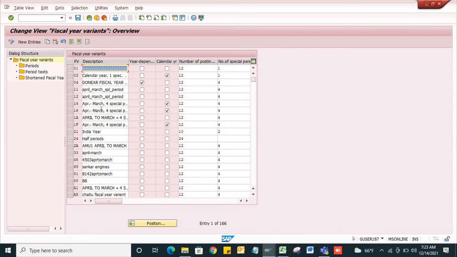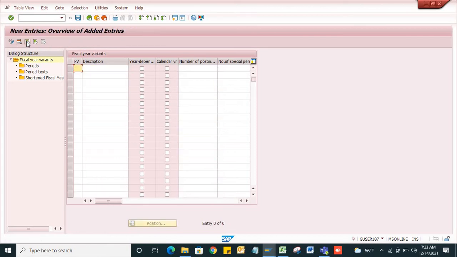See here, I am going to enter my fiscal year variant, so I need to click on New Entries. My fiscal year variant would be AS, and the description is April to March.